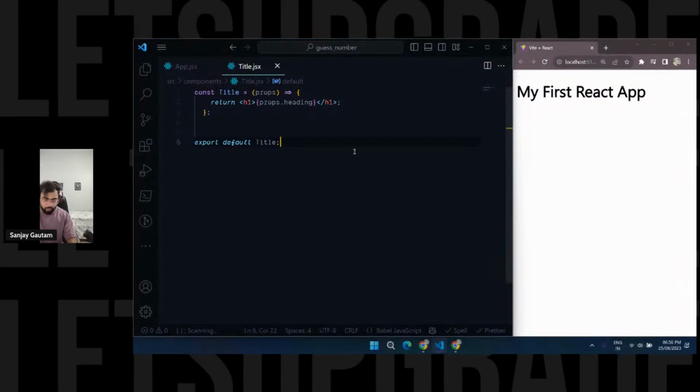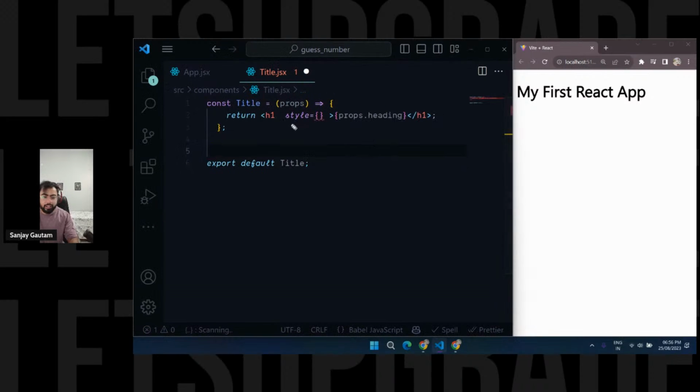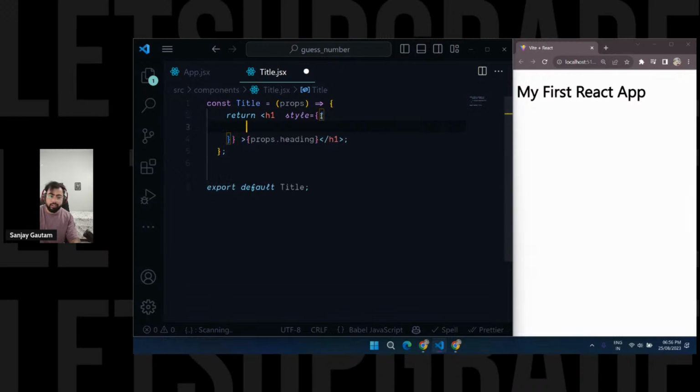So the first way is called inline styling. It's very simple. Just go over here, and here you can provide the style attribute, like this. Let me zoom in a little bit. Just write style. Style is going to accept an object, so create an object here. After this you can provide all of your styling. Let's say color,